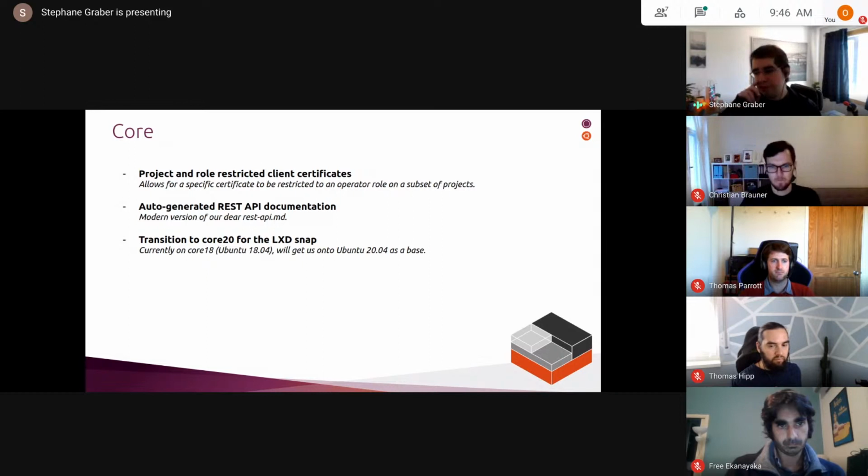What that means is you'd be able to go and edit the trust store and say this client only gets to see projects foo and bar. Then if you apply limits and restrictions to those projects, because the user will not have full access to that particular project, they will not be able to escape those limits by bumping them themselves or removing restrictions, for example.